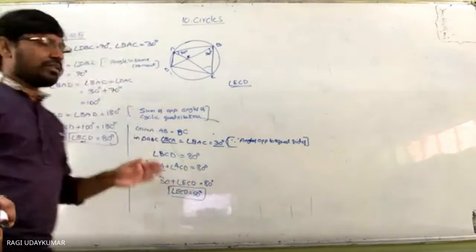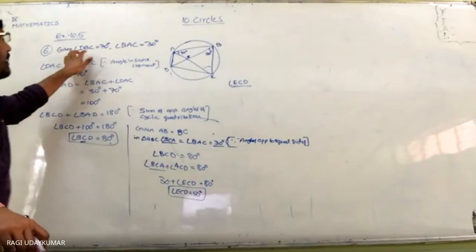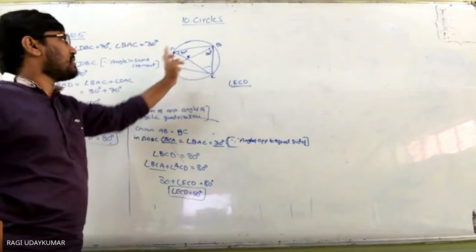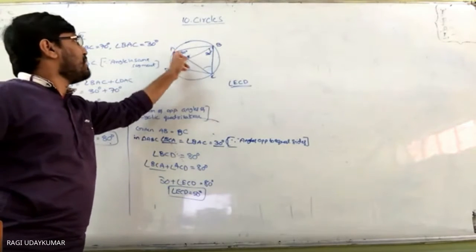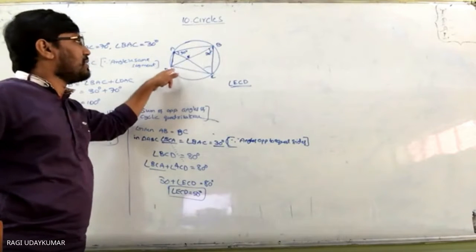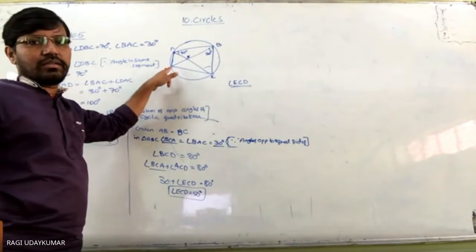क्वेश्चन तो समझ में आया ना? तो ये प्रॉब्लम में क्या किया, angle DBC is given to you, angle DBC 70 degrees and angle BAC is equal to 30 degrees. So we need to find out BCD. BCD angle is